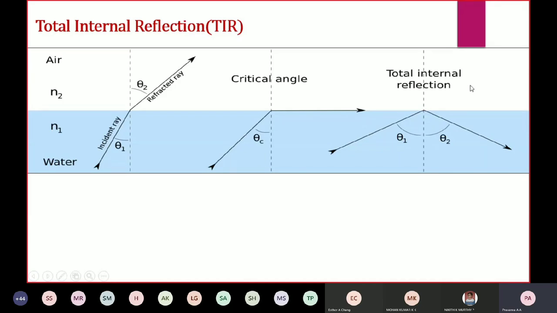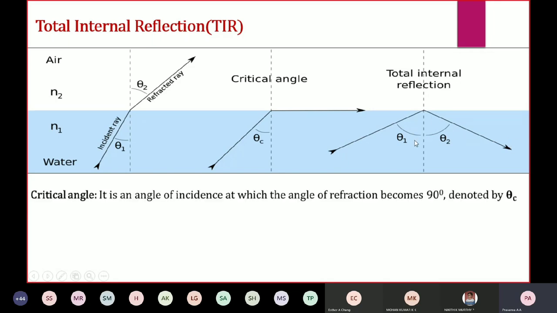But a medium of refraction is required for the light ray to undergo total internal reflection. Remember that. A low refractive index medium is required. An interface has to be created. An interface between the rarer medium and the denser medium is very essential. This should have the smaller refractive index and this must have the higher refractive index, so that the light ray gets completely reflected. This is the total internal reflection.